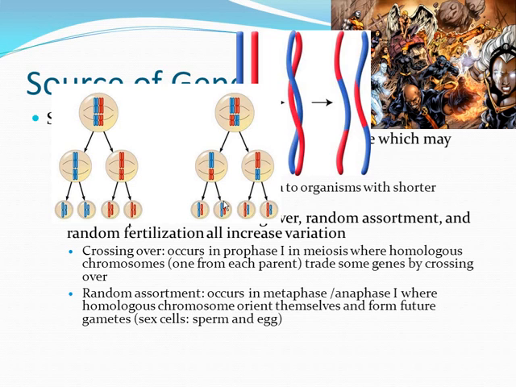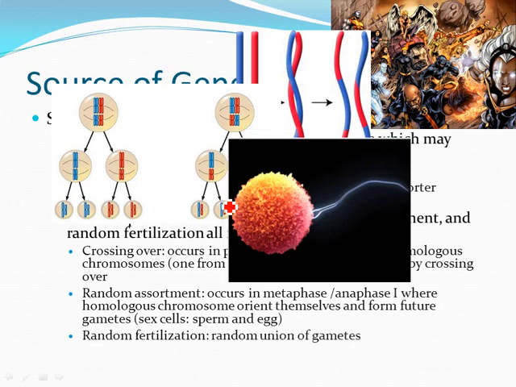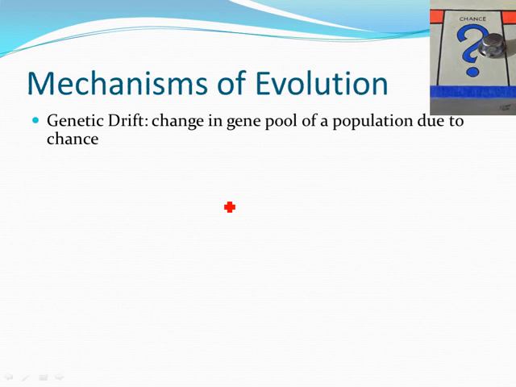Okay, so there are mechanisms for evolution. One is genetic drift, and this is when there's some sort of change within the gene pool of that population. It's usually due to some sort of chance. This is very dependent on sample size. What is sample size? This is the amount of individuals in that particular